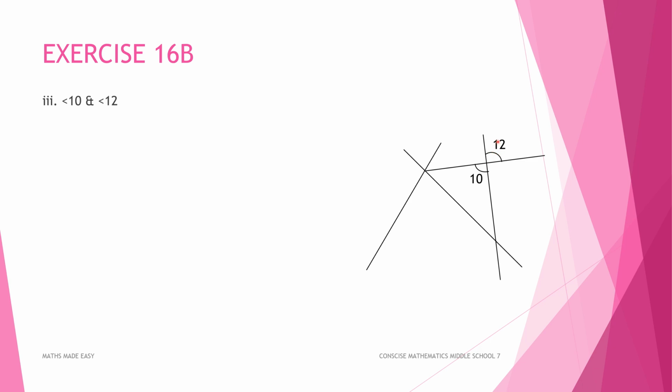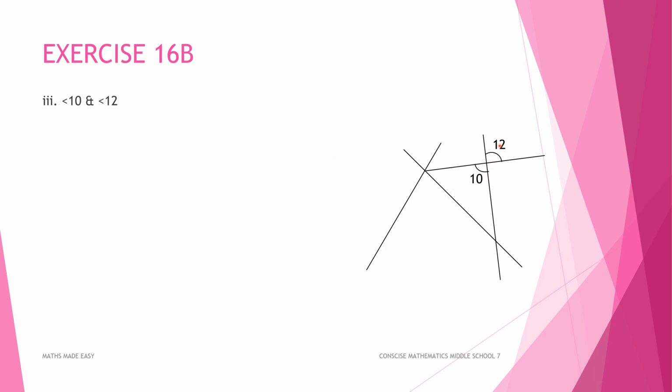See, here it is very easy. This is an intersecting line. We all know that intersecting lines always form angles. See, it has formed 4 angles, but we need only 10 and 12, so I have made only these 2